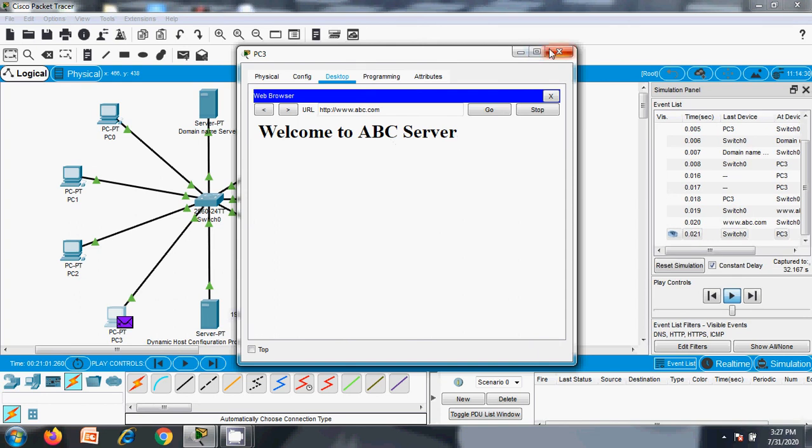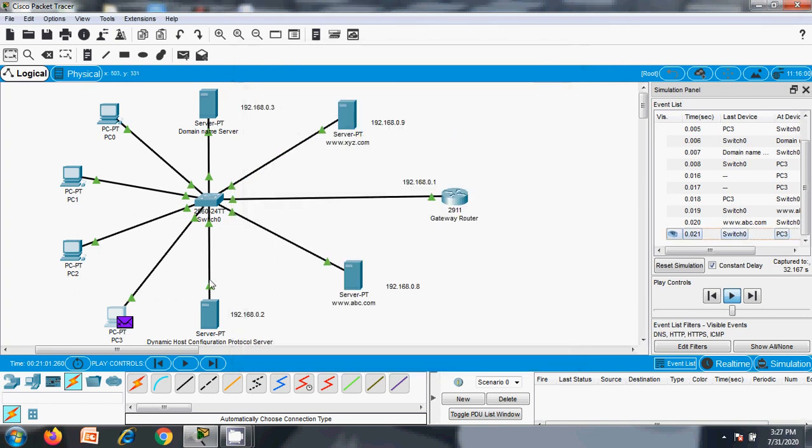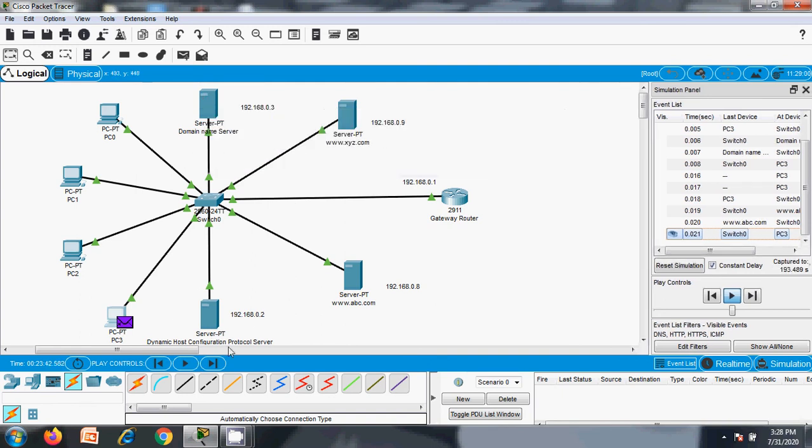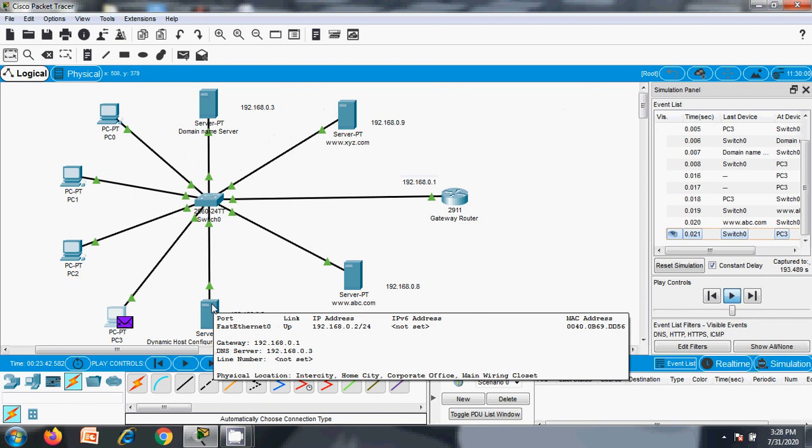So this is how the DNS and the dynamic host configuration protocol server work, right? DNS converts the given canonical name into an IP address so that we can start communicating with that respective website. Please remember, the dynamic host configuration protocol and DNS server will both be available in every network, right? The DNS server is useful for converting your canonical name into an IP address, and DHCP is used for configuring your end systems.